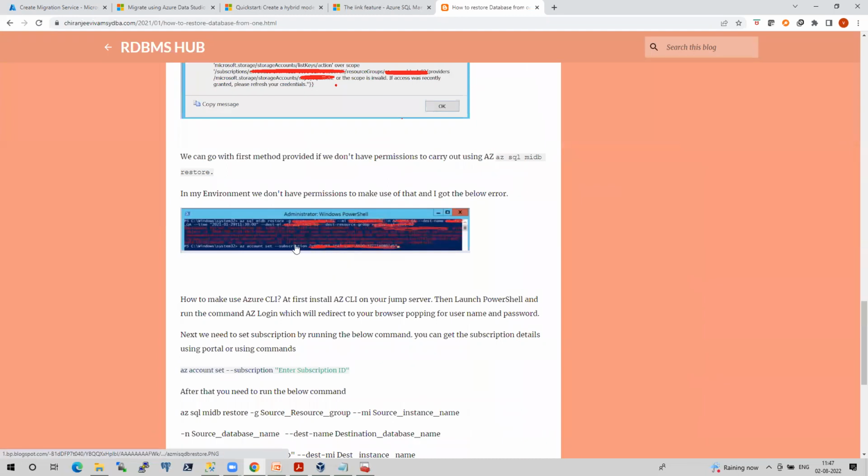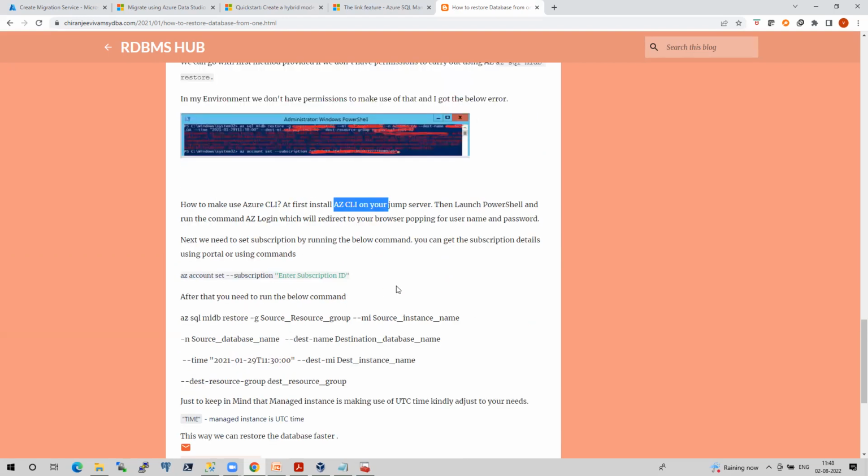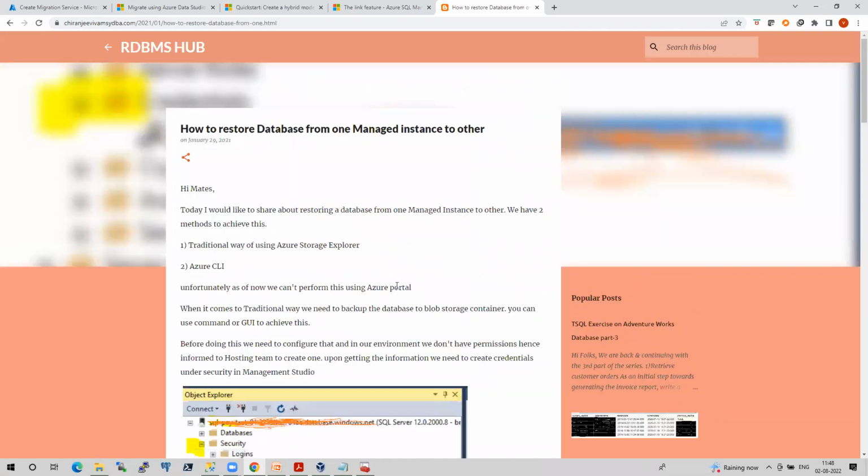So you have to rely on PowerShell or Azure CLI. I think I made use of Azure CLI if I'm not wrong. I ran these commands to restore the database from one MI to another MI. So this request might come up for you also, based on needs. That is possible. So this is one scenario I can think about.